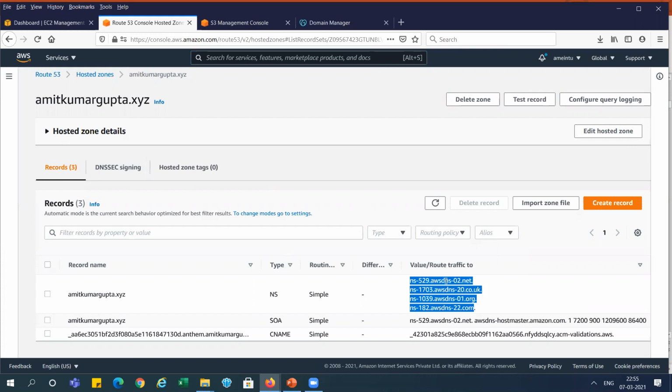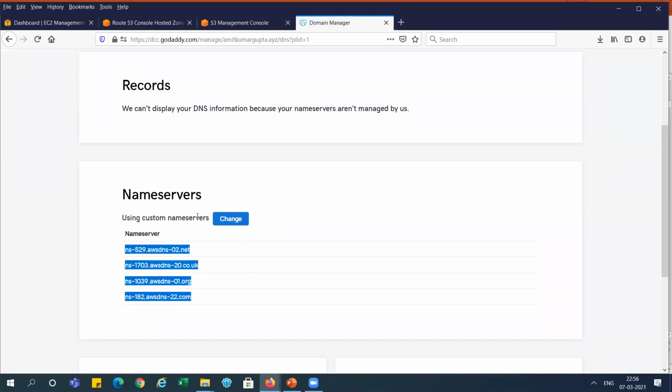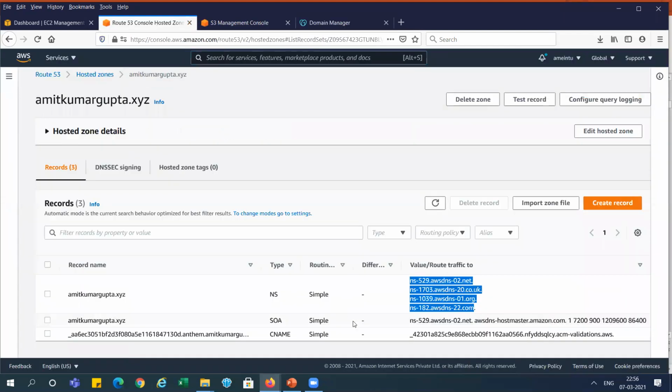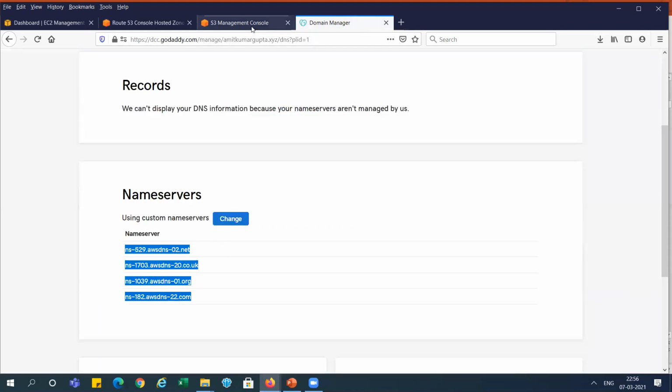You need to enter all those names to your domain provider like GoDaddy, just change and add them. After saving it, it will work. So this is one thing you can do. It is configured, a small thing, so you can do it.